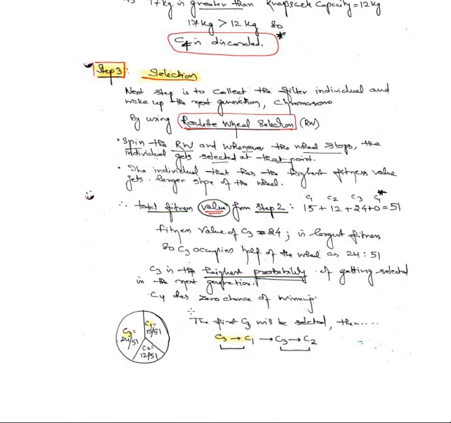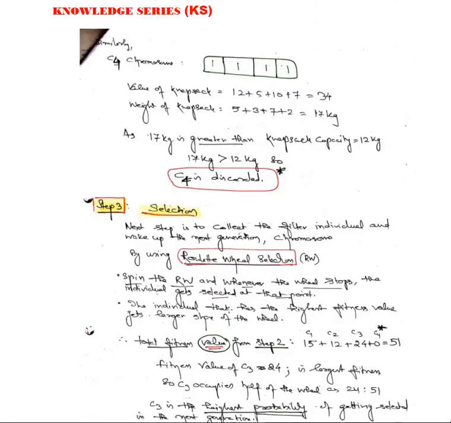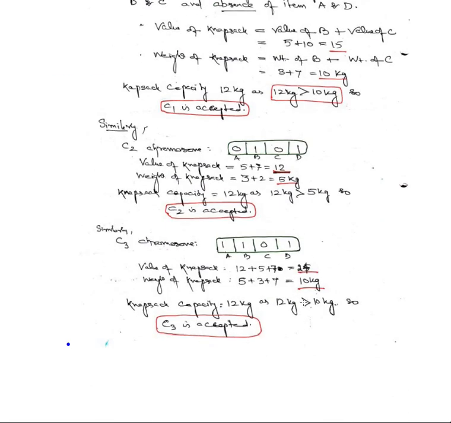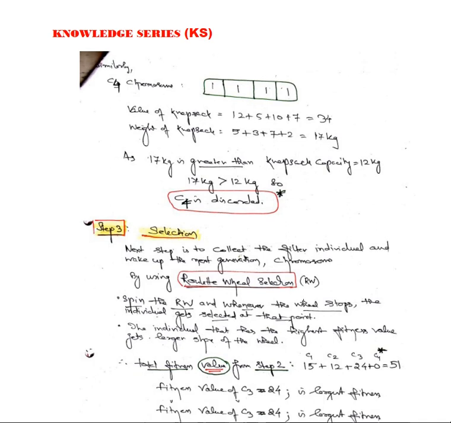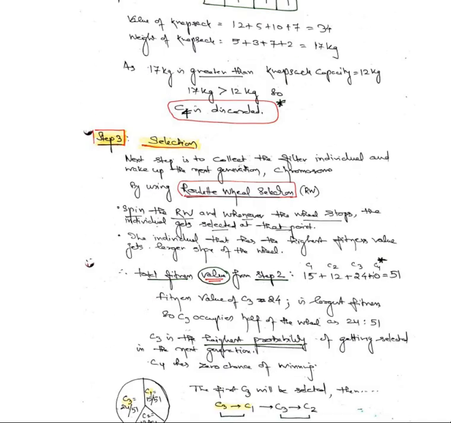From these we are going to look for the fittest. What we find in the first case is the value 15. Here you got 15, here you got 5, here you got 24. Among these values you are summing up everything, and that is equal to 15. So what you do, you divide this one by 51, this one by 51 and this one by 51.